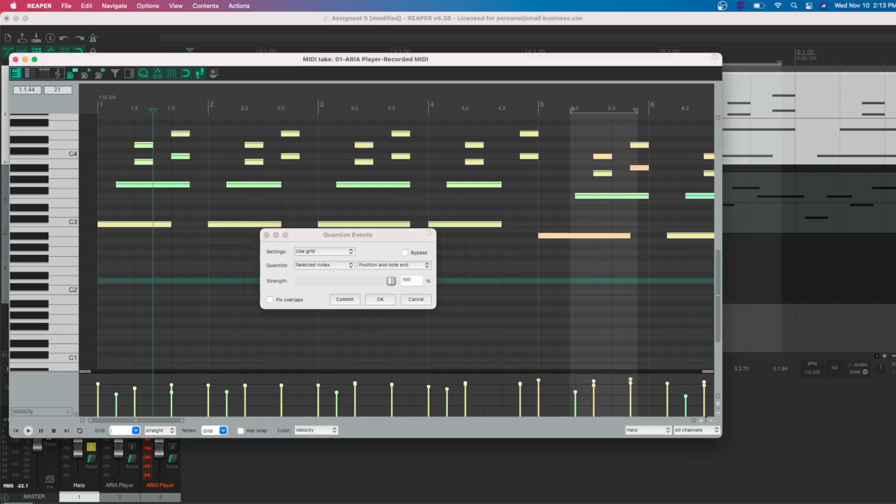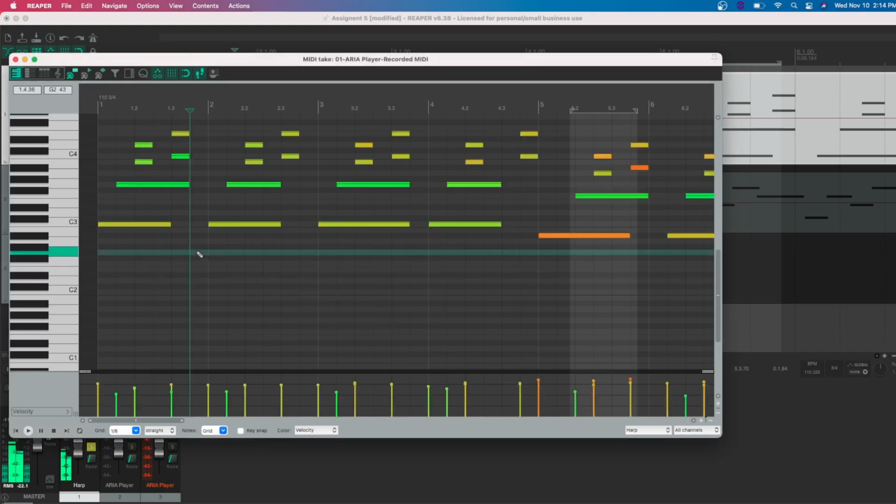Oh, sorry, I have something wrong here. This is supposed to be an eighth note. And that's it. Okay, so I'm going to say commit. And good. And then now if I want to, which I don't have to,